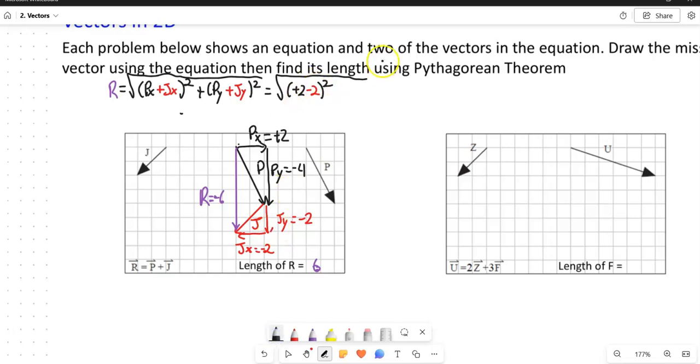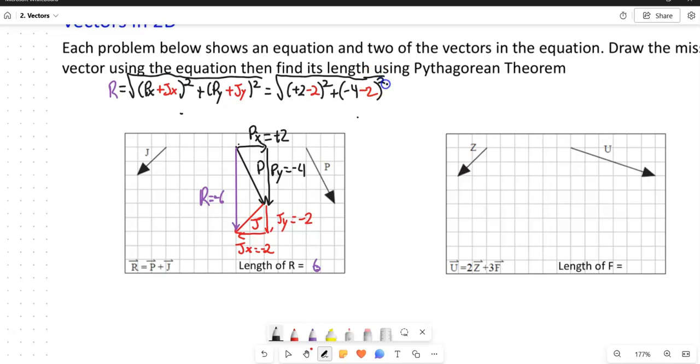And we're going to add this to the y direction vector. So notice the reason why this is only pointing down is because those two subtract, so it's reflected right here. In the y direction for p, you have a -4 and you have a -2. So we're going to add those together,